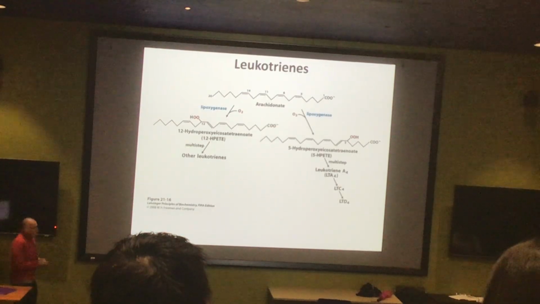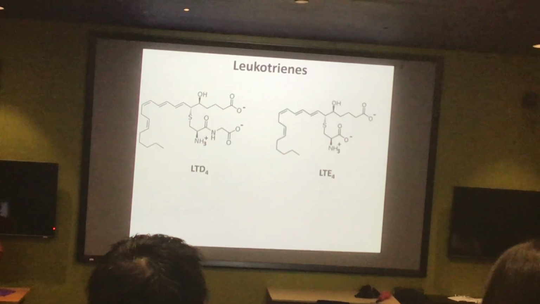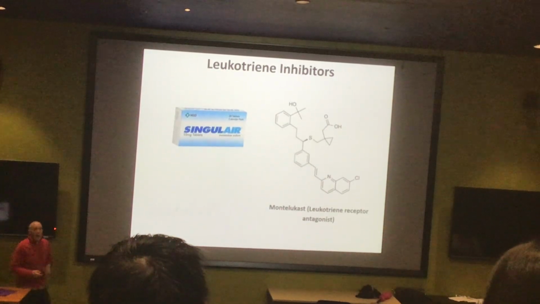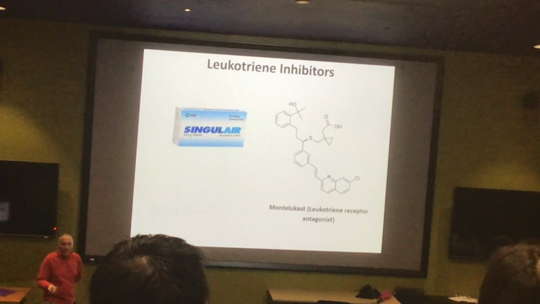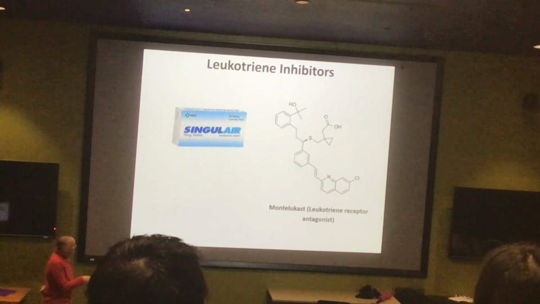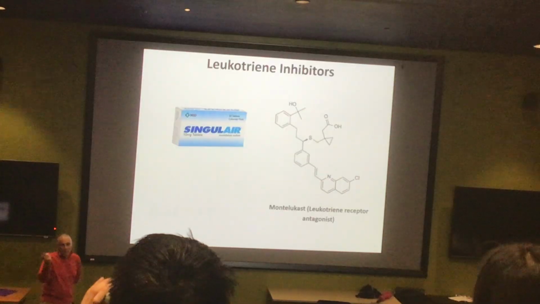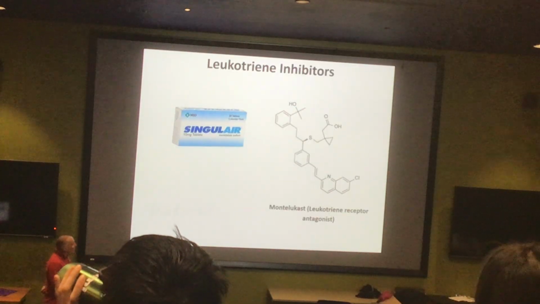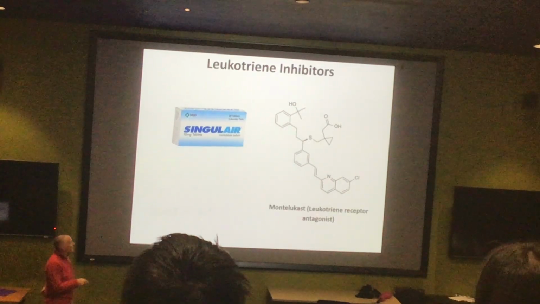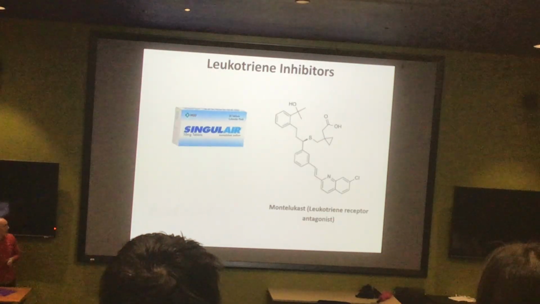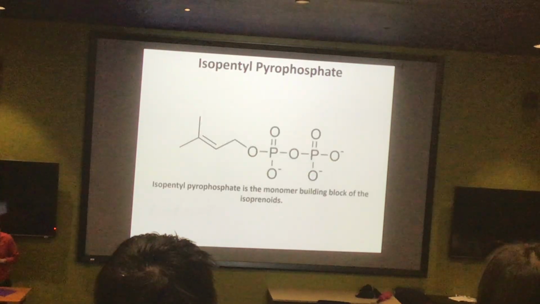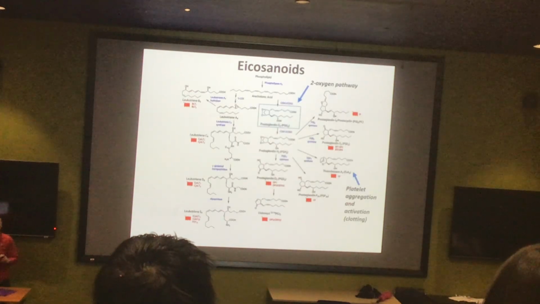So these are the leukotriene molecules. These are, in fact, molecules that block their actions are popular drugs for the treatments of inflammatory conditions like asthma. For example, montelukast, you may have seen, or not seen, drug ads for, blocks leukotrienes from binding to their receptors on cells and prevents airway inflammation. So this is a common long-lasting treatment for asthma. Okay, so that's really all you need to know about these pathways.